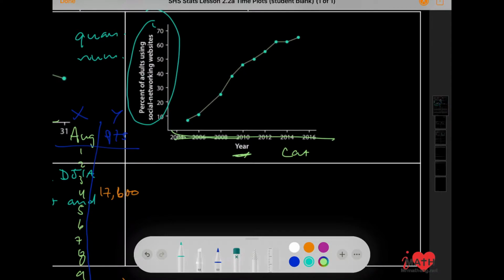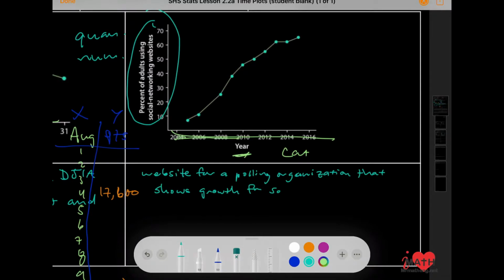Maybe a website for a polling organization, or maybe you're trying to start your own business. We'll learn about that later, but it's going up. So we can say it shows growth